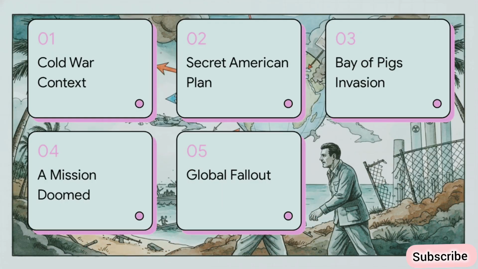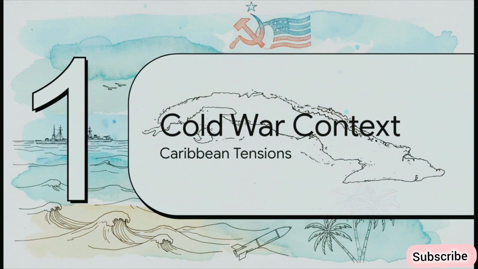Okay, let's dive into this. Here is our syllabus for today's Explainer. 1. The Cold War context. 2. The secret American plan. 3. The Bay of Pigs invasion. 4. A mission doomed. And finally, 5. The global political fallout. All right, starting off with Section 1, the Cold War context, focusing on tensions in the